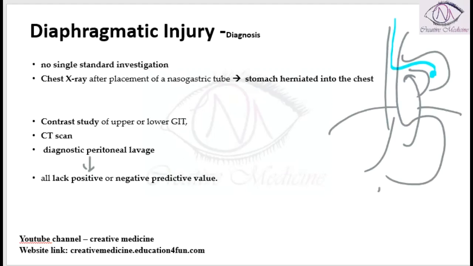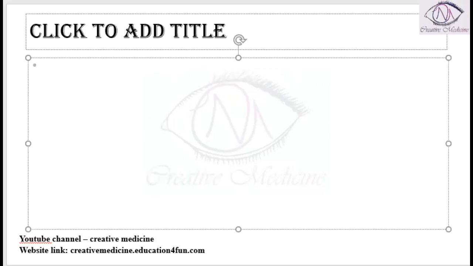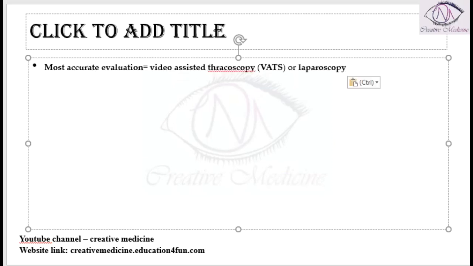The most accurate test for diagnosis of diaphragmatic injury is video thoracoscopy. We have to do a video assisted thoracoscopy, or laparoscopy. If you do a video assisted thoracoscopy and laparoscopy, then you can do two things. Number one, first and foremost, you can visualize the injury clearly. And secondly, you can also